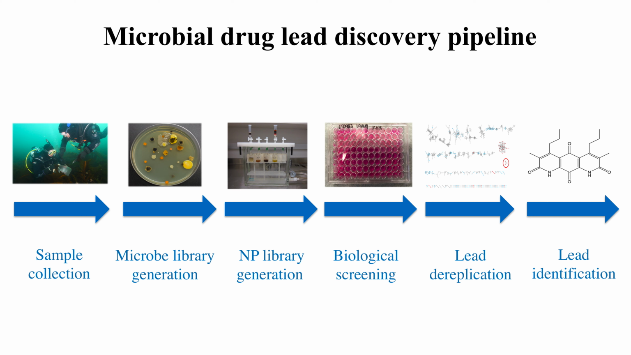So here, this is one pretty standard version of the pipeline. If you want to discover new natural products from the environment, you can go out and do sample collection. Our lab does a lot of scuba and boat collections. You then generate microbial libraries, and then you use these microbial libraries to generate natural product fraction libraries. You then add these fractions to a series of biological screens. You do lead dereplication to find known natural products, and then you do lead identification of any potentially new natural